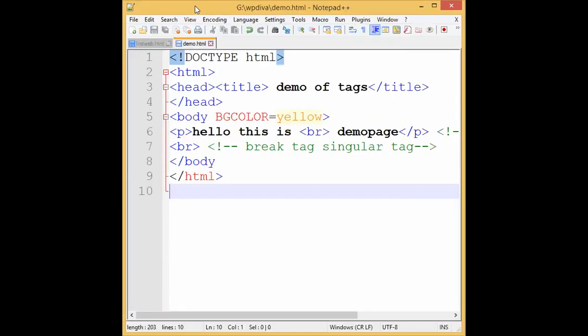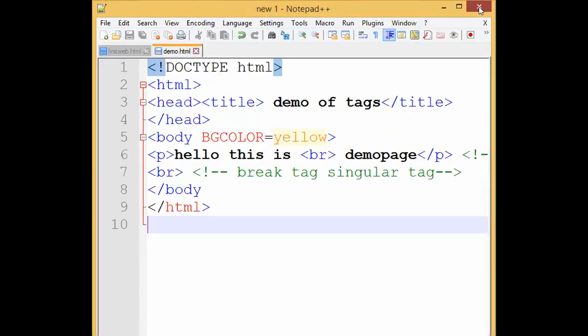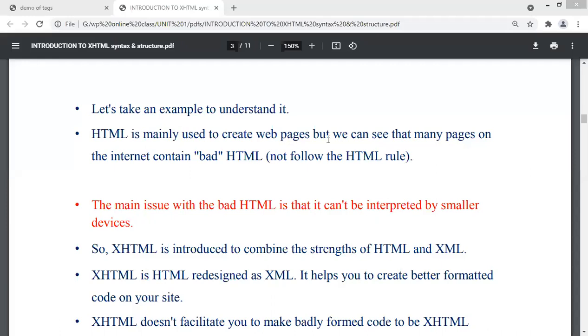So is my screen visible to all of you? Screen is visible. Yes, is it visible now? All right. Yeah, so the PDF file is visible, right? PDF file is visible or not? Yes, ma'am. Okay, thank you so much.